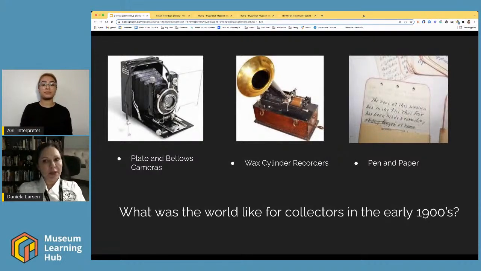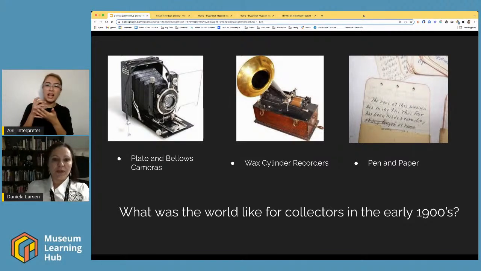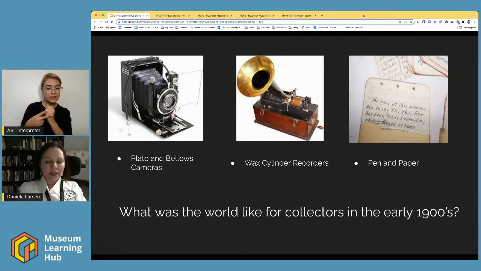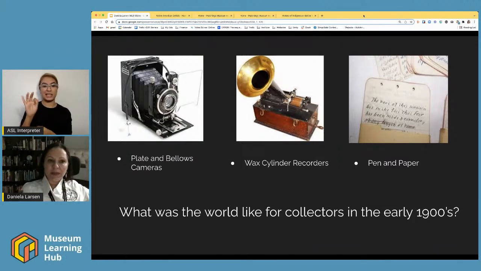I wanted to talk a little bit about what kind of technology was used at that time to collect and preserve, and what their intent was for collecting in the early 1900s. They were right around the turn of the century, where they were starting to do some of these things, and I don't think we realize sometimes how cumbersome it was to collect and preserve information, and what a problem this has become in technology and in preserving technology.